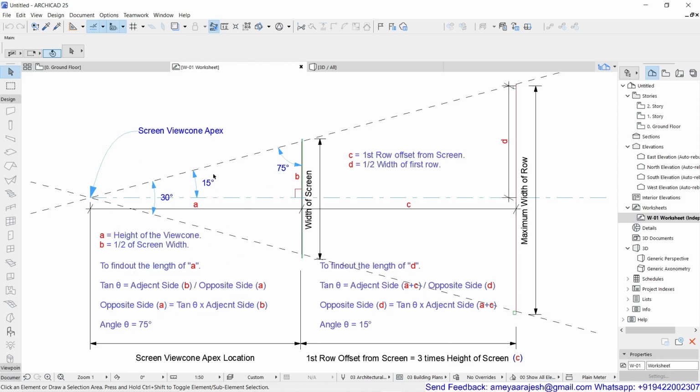You have to keep this entire thing in your mind. One more thing to remember is that C is another field I have marked here, which is the first row offset from the screen, so where my first row will start. The D factor I'll explain afterwards. First of all, let's at least put this much of the equation. We should identify the A value and the C value. These two values we are going to generate with Paramo.